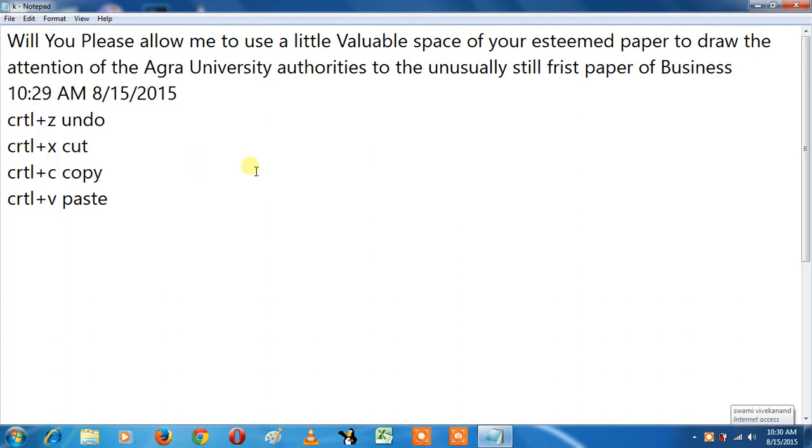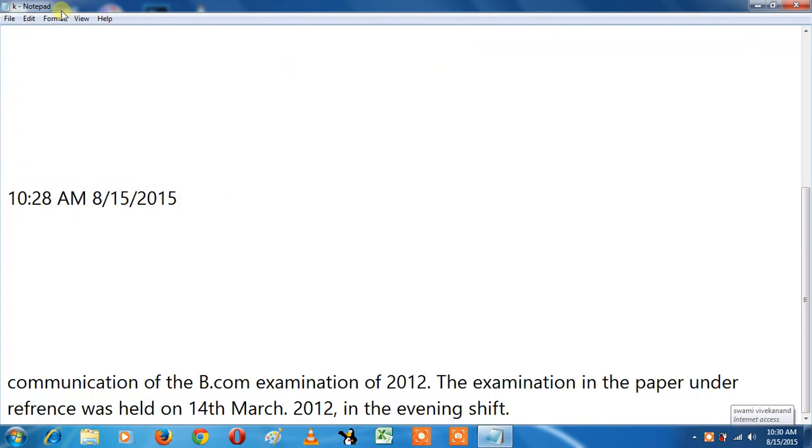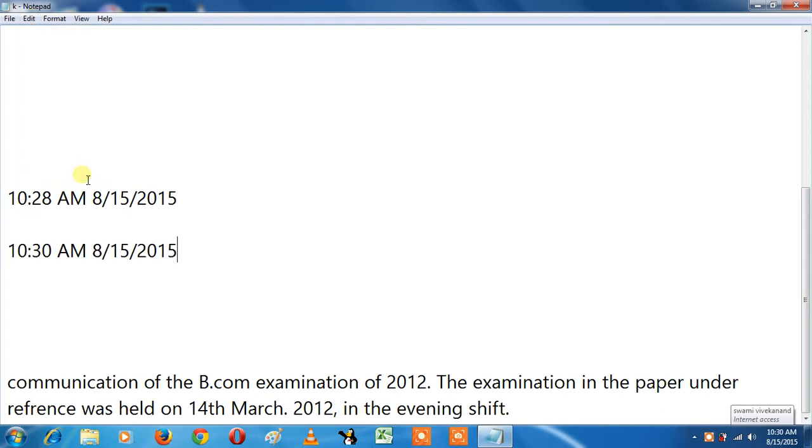Go To is Control plus G. Select All is Control plus A. And for Date and Time, wherever you want the date and time, press F5. F5 is a function key.